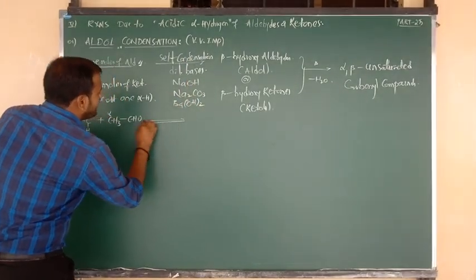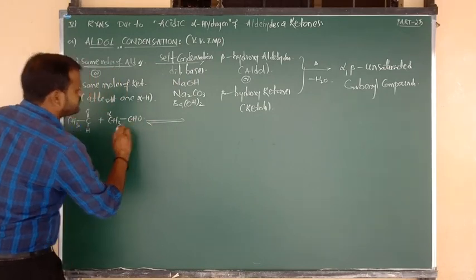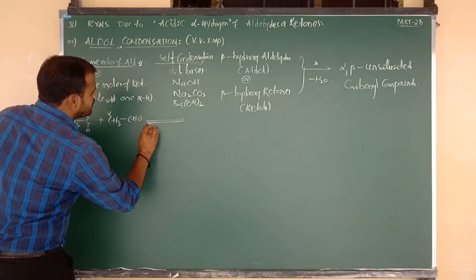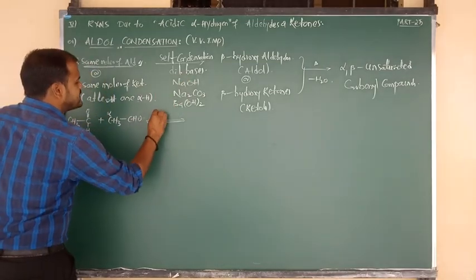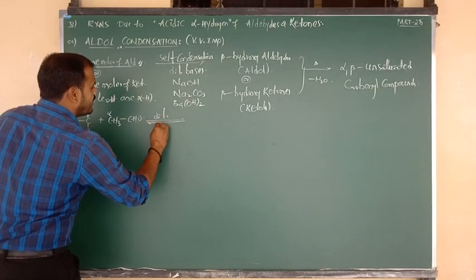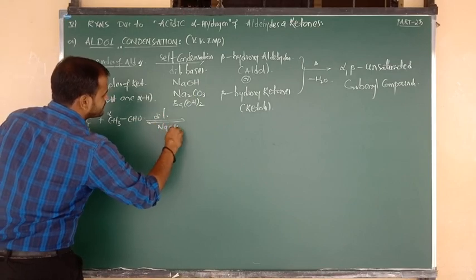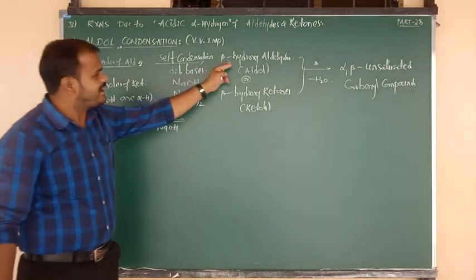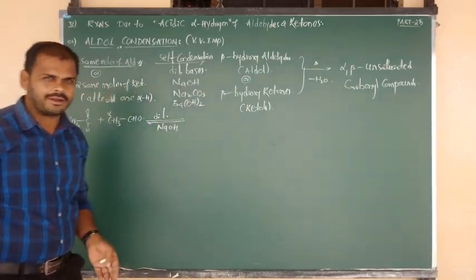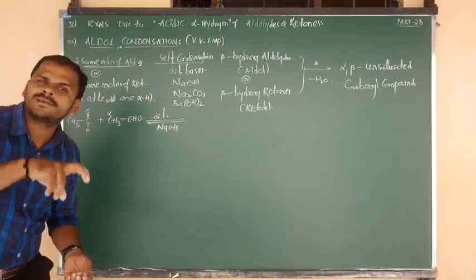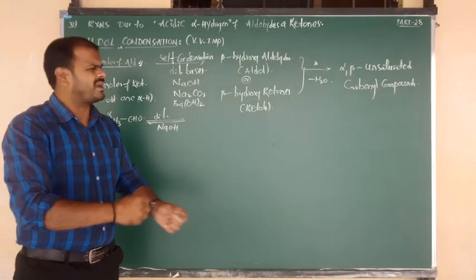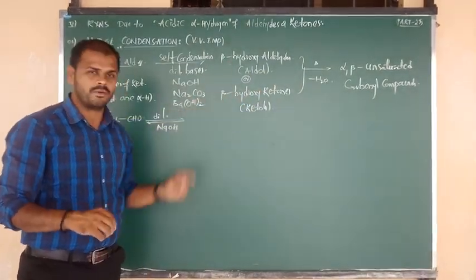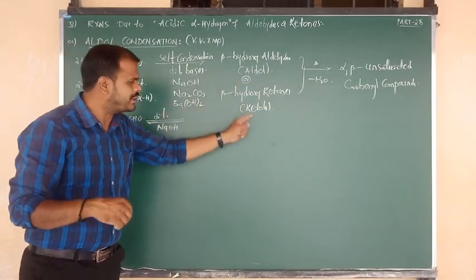Self condensation is a reversible reaction, and self condensation takes place by using what, Nana? Dilute bases. Simply you can write the dilute NaOH. Fine? Okay. Now I am going to form the intermediate beta hydroxyaldehyde. So how to form the beta hydroxyaldehyde? This is very important. That final product you can write easily, Nana, but the middle product is very important. So how to write that aldol and ketol products?